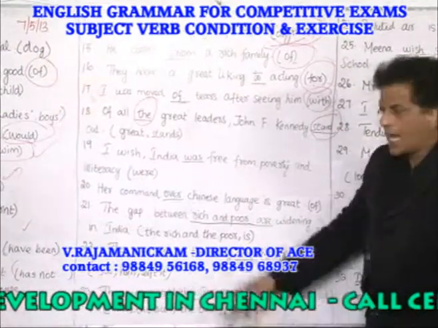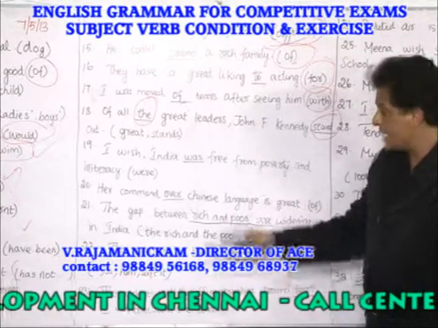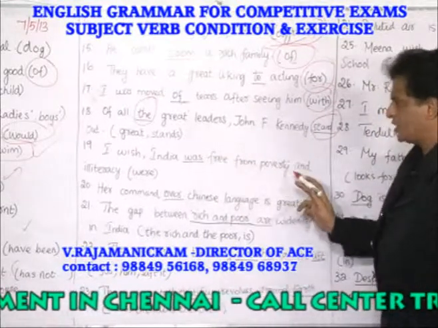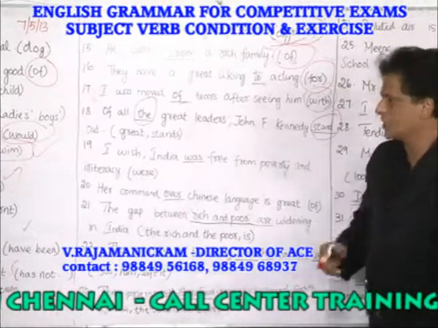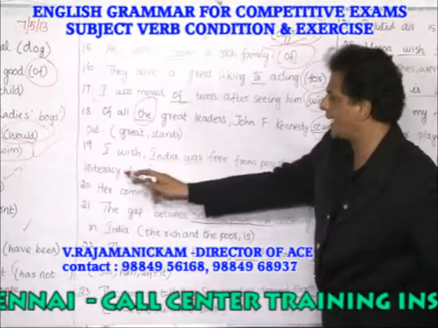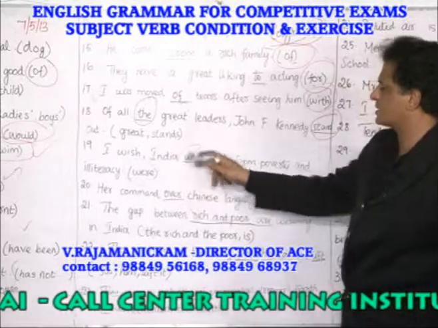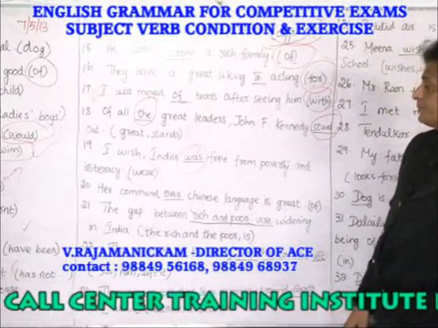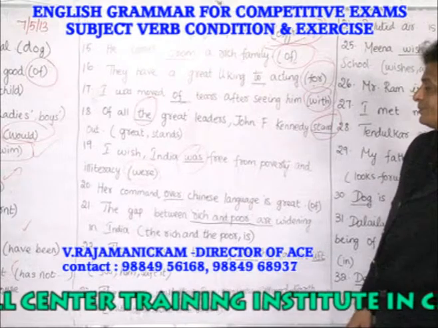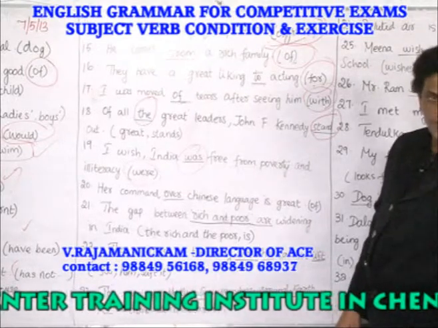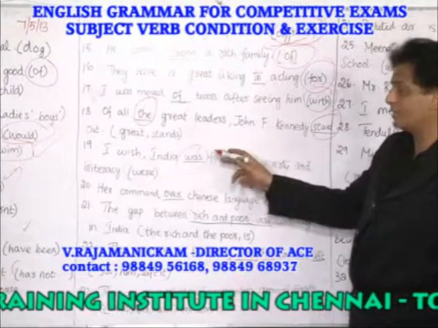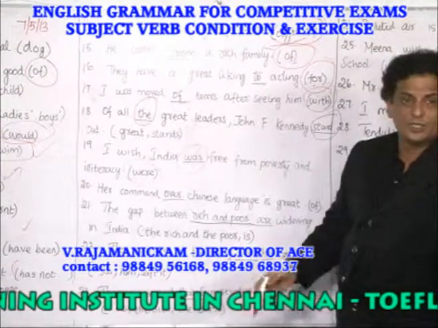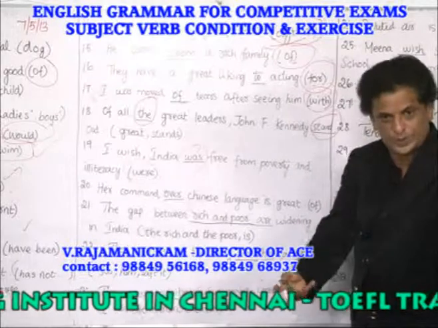19. I wish India was free from poverty and illiteracy. Illiteracy means what? No education. Why should you use were instead of was? Anybody? India is comprised of people. So we should use a verb. No. Anybody? I wish. So something which is not true, you want it to be true, then you are using